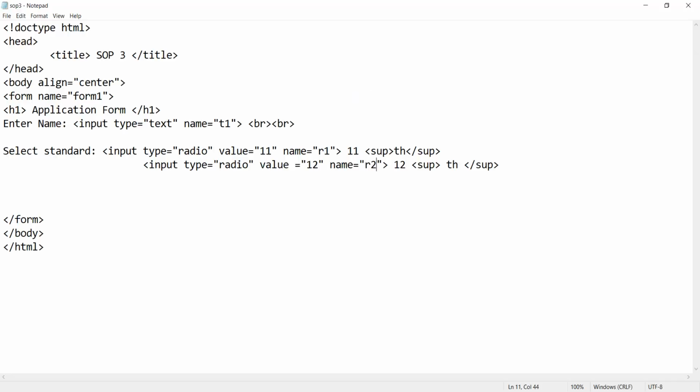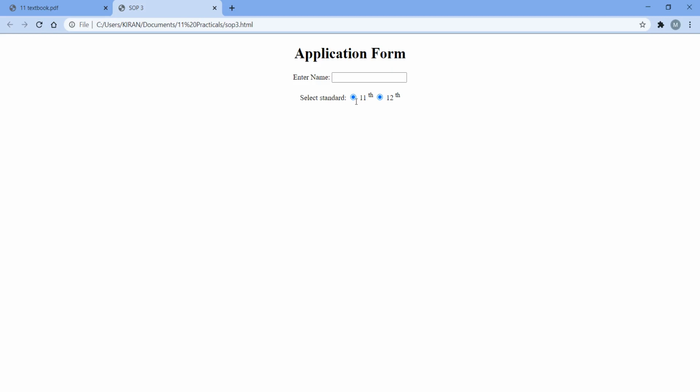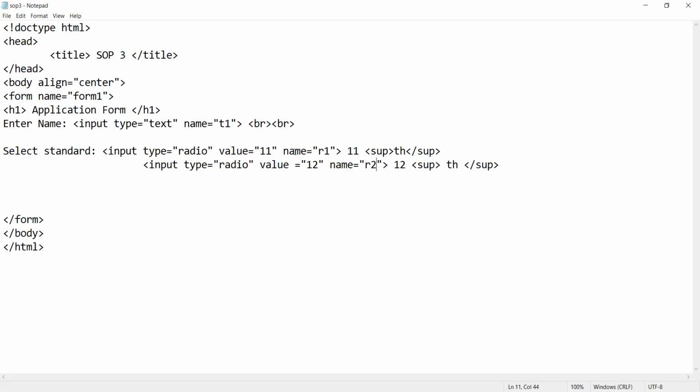So what we have to do, whenever we want to select only one within these two. First what we have to do is, we have to create a group of these two radio buttons. Whenever we create a group of these radio buttons, within that group only one option can be selected. So how can a group be created in radio buttons? We can create a group by giving the name value the same.